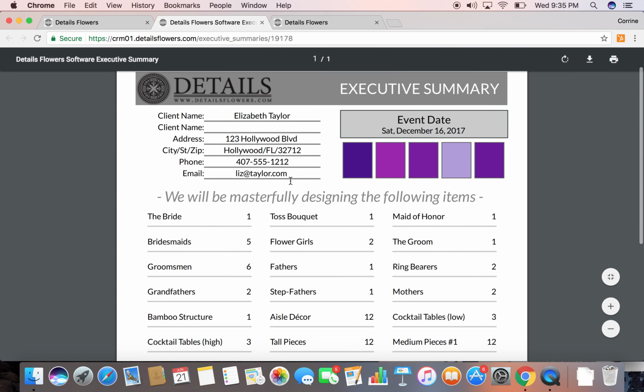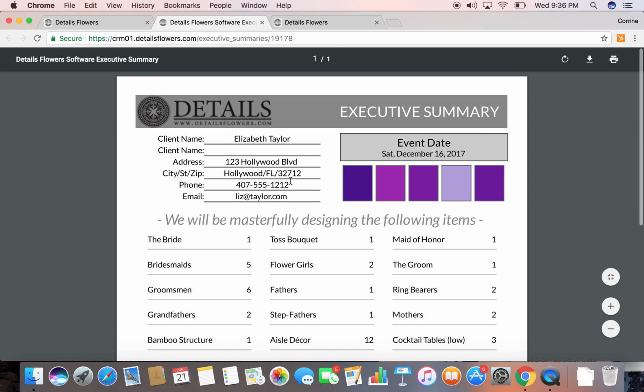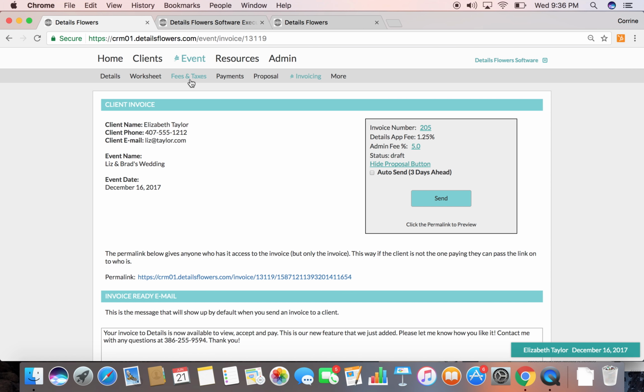So our executive PDF is a one-page form for you to give to clients during that initial consultation if you don't want to give them a breakdown. You just want to give them a one-page summary of their event. So that's there. We also offer this recipes PDF that gets created as you're designing the event, which is for